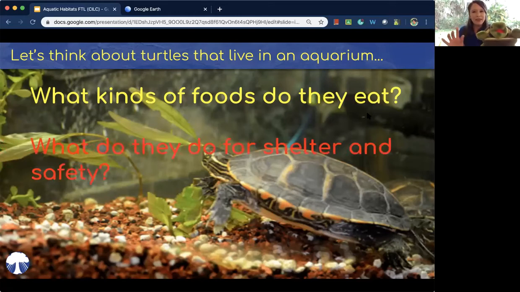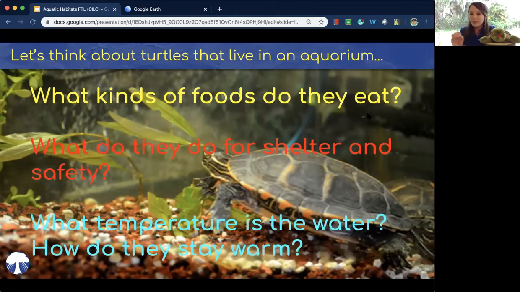But that might not be the case when they're out in the wild. Think about what they do for shelter and safety in an aquarium, because I'm going to come back to this question. And what temperature is the water? If it's a pet, I think that the water might be different for Tahoe if he was living in an aquarium or if he was living out in the wild. How would he stay warm?